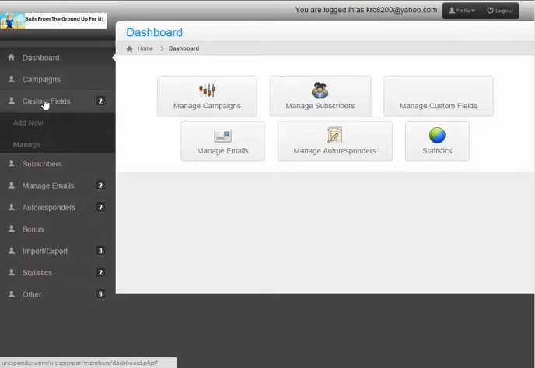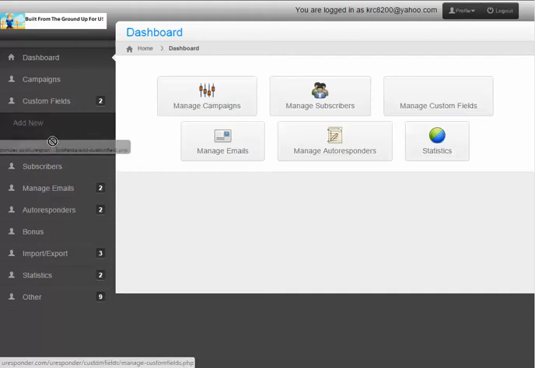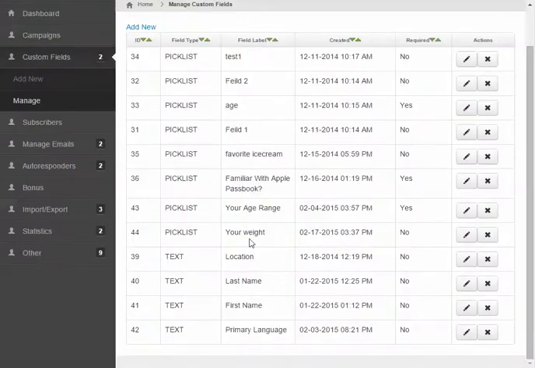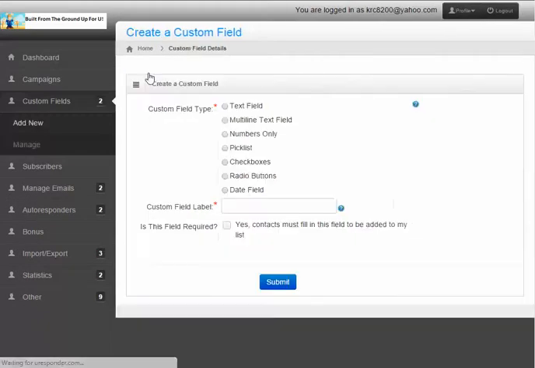So I click on custom fields. I can either manage or add new. Now I already have a bunch in here, but I'm going to click on manage first so I can see what I have in here. I just don't know if I have shoe size in here because that's something that I want to do. So remember, it's a shoe store, so I'm going to click on add new,